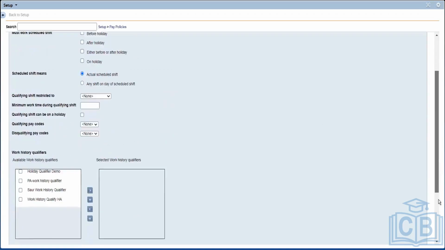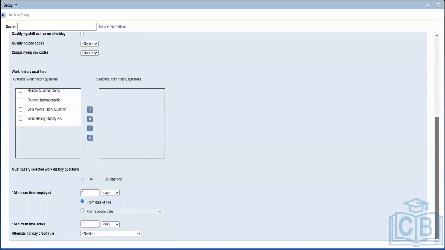And there are some other options like work history, workplace, which is not needed. We can also have these items. To get a particular holiday credit, the employee should be employed for at least 30 days or 90 days. Usually the companies will have probation periods. It will be 3 months or 6 months.